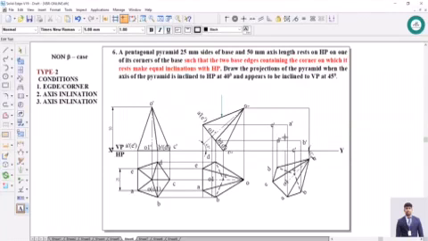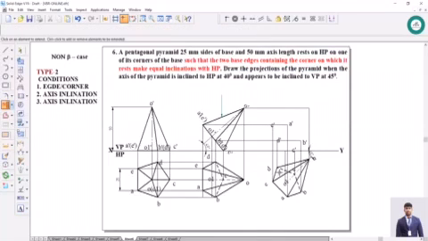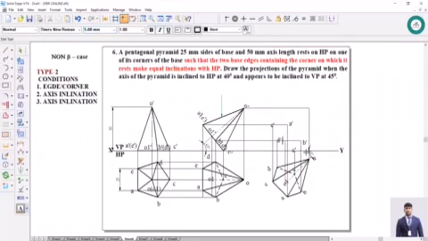So after this, projecting the axis, somewhere it was stopped, you can use the extend command. See that the axis is extended to this particular point. So this is O1 dash and this is O dash.